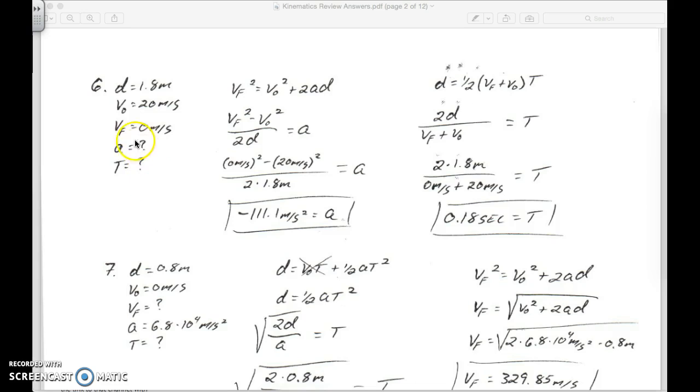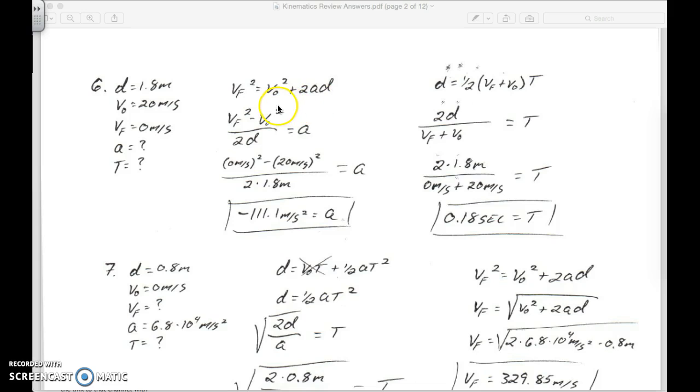Important thing to note, we cannot find them both at the same time, so you do not want to pick an equation that has A and T in it. If it's got both of them right off the bat, we're going to have two unknowns and we can't solve. So pick for which one you want to solve first. It does not matter. In this particular example, I solve for A first, so I pick the equation that does not have T, because if I have T and A in the exact same equation, and I don't know either one, I can't solve. So the equation that does not have time in it is Vf squared equals V naught